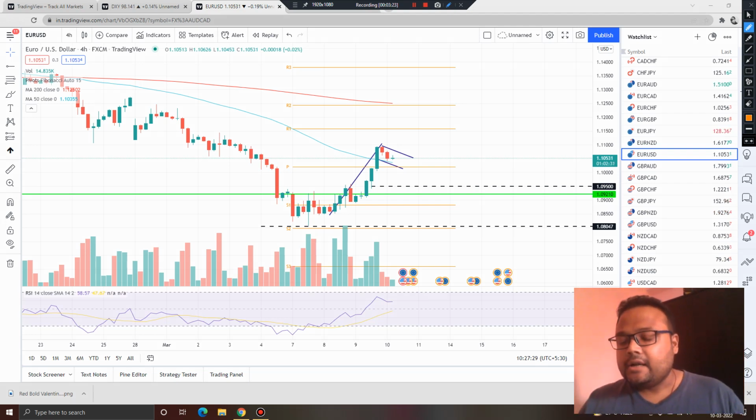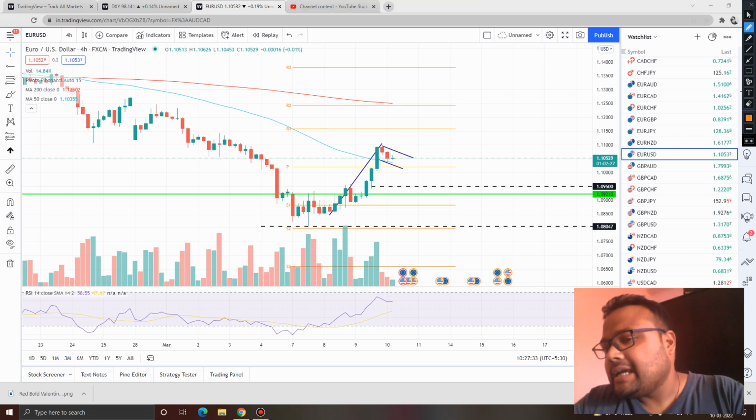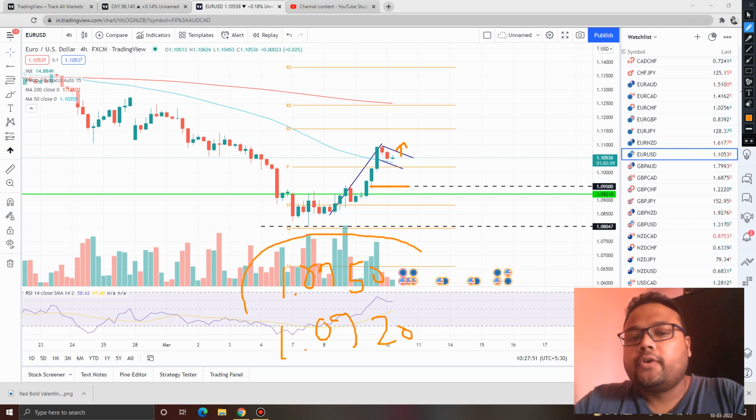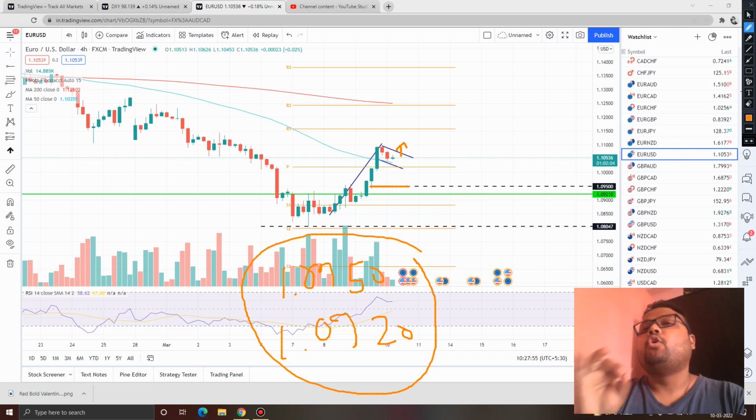I am just here to mark the important levels in the market. So if the correction continues, if market fails to break the level and correction continues, then 1.0950, yes, this level, 1.0950 will be the next important level, and if this fails, then 1.0920. Overall, this is a support zone for the market, and honestly speaking, we can hope for a good bounce,